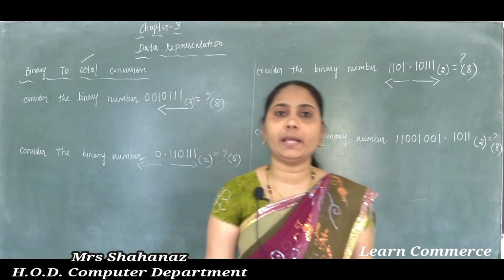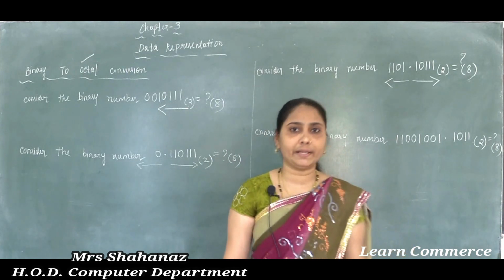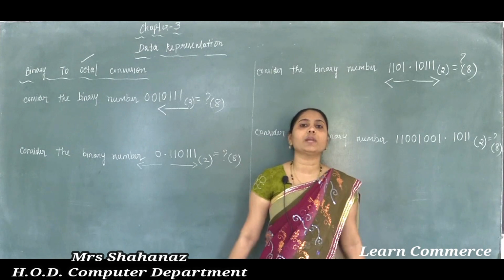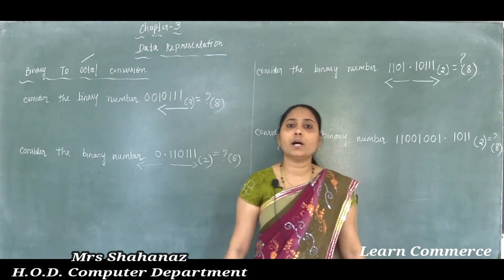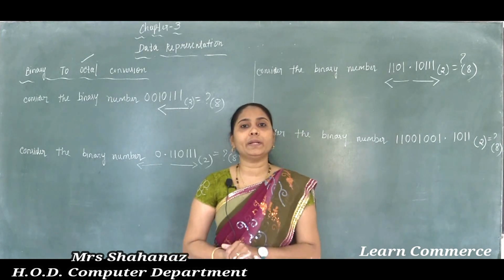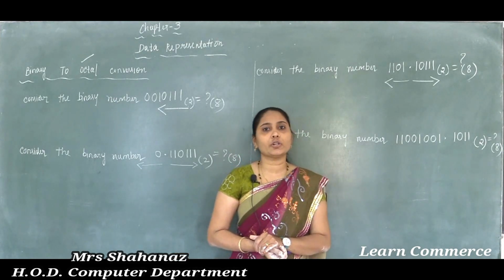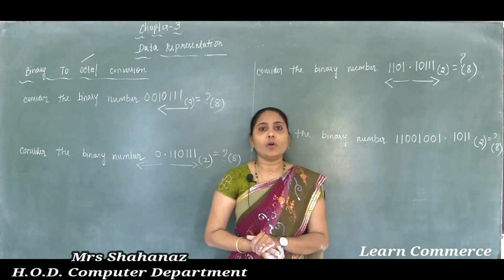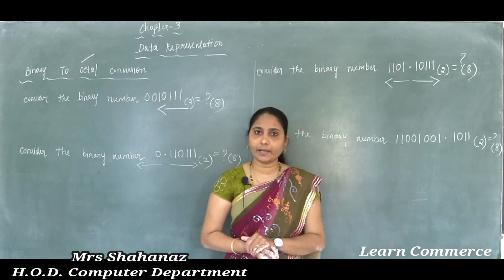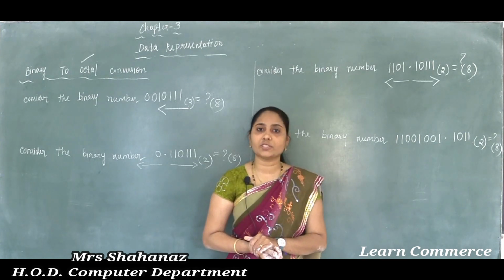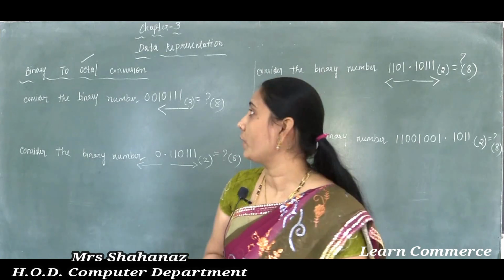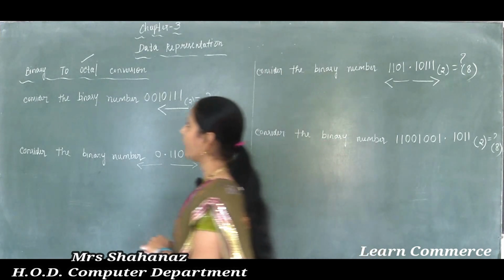The conversion name is the octal to binary conversion, as we know, and while making this conversion we need to use the table, and later replace each octal digit with the appropriate 3-bit binary number: 0 is 000, 1 is 001, 2 is 010, 3 is 011, 4 is 100, 5 is 101, 6 is 110, and 7 is 111. So like that we completed the octal to binary conversion.